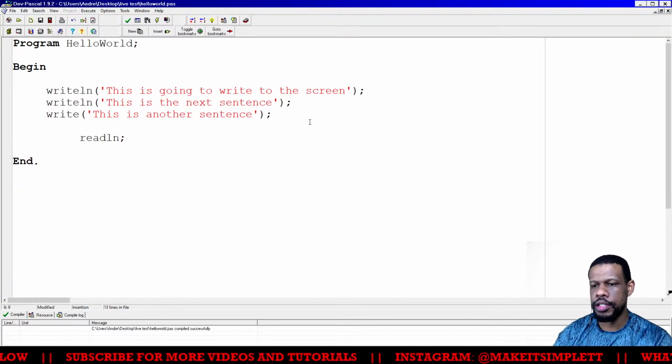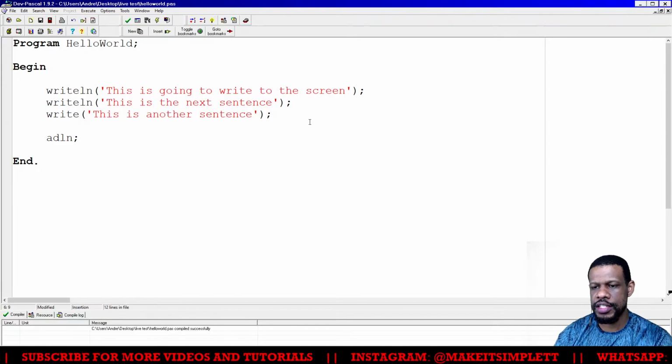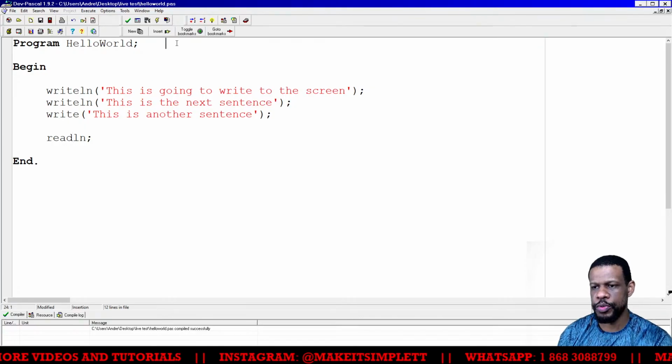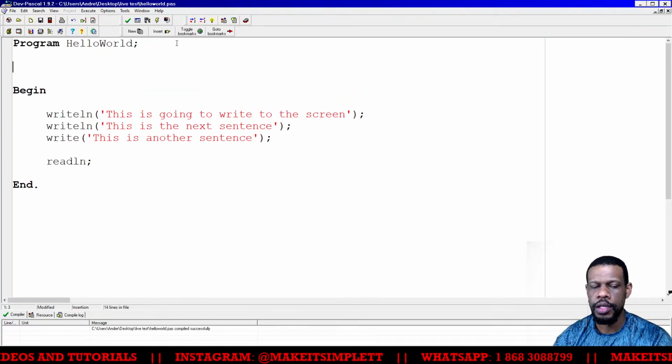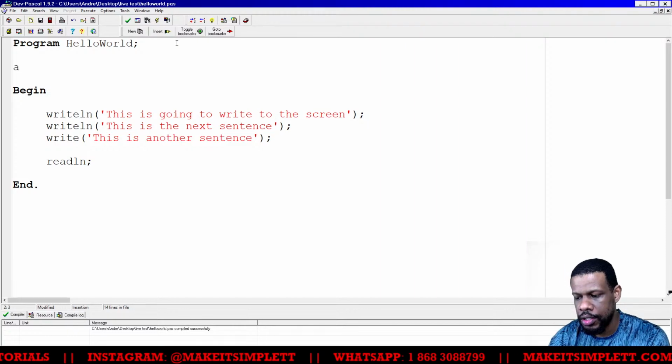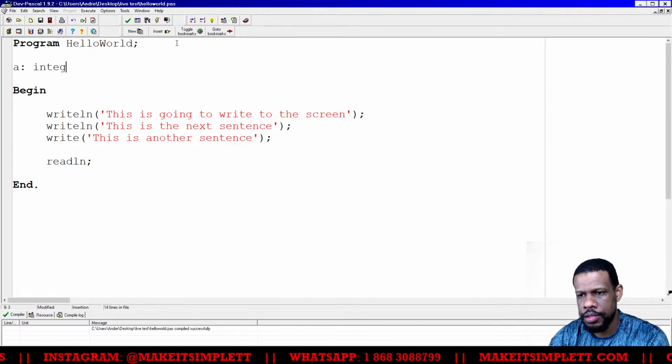In order to read, you must grasp the concept of variables first. So let's grasp the concept of variables before we jump into reads. When you're creating variables in Pascal, you have different types of variables. One is an integer.